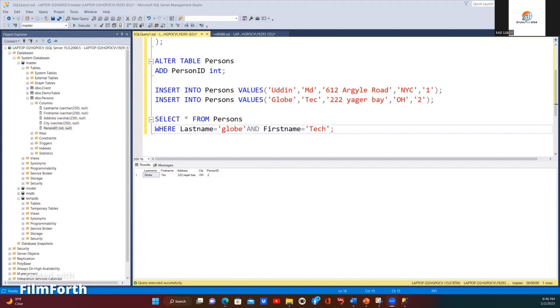Okay, what happened? So, where last name equal globe or first name equal TCH, right? So, you're seeing the one record because OR means either last name matches or first name matches, it will give you the record, right? Here our first name is matching globe. Even though last name not matching, it's showing you the result. But if you use AND instead of OR,